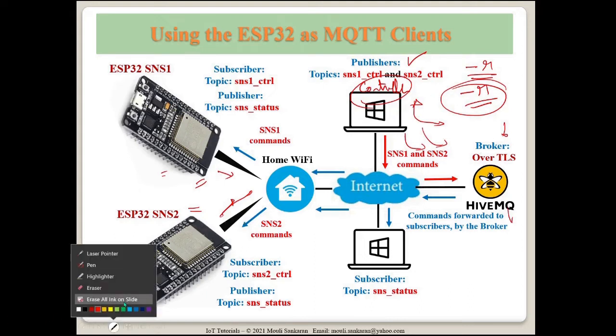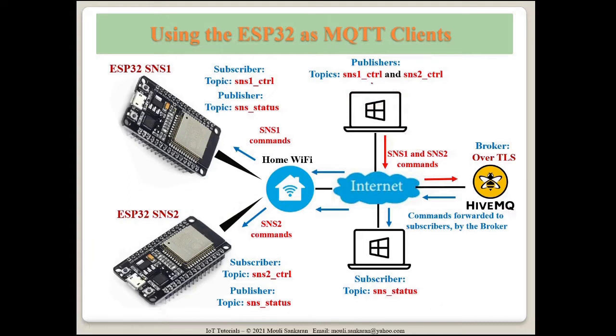So this is a typical example, a scenario of how an IoT device, it need not be only one device, it can be multiple devices. They all can also be subscribing to the same topic. In that case, all of them will be controlled in a similar way. But if you want to control specifically, then they need to subscribe on different topics so that the controller can specifically send a message on each of those topics, which could be retained based on the condition of the sensors, or if it is already connected, then immediately it will be passed on to the sensor.